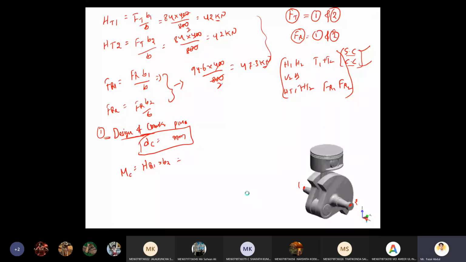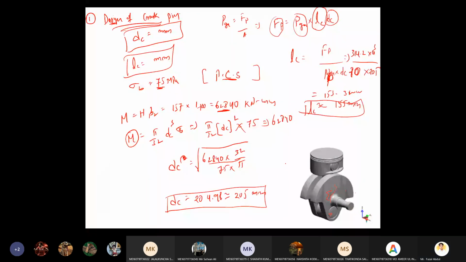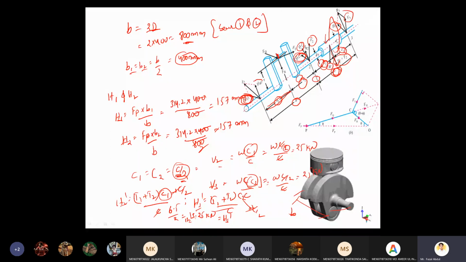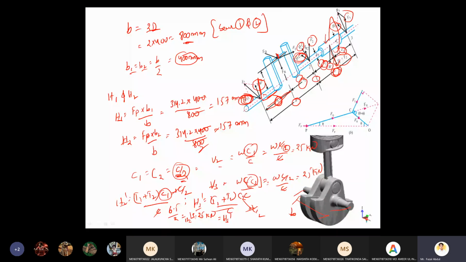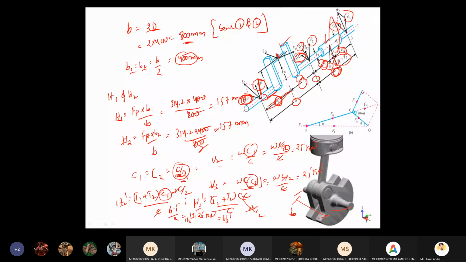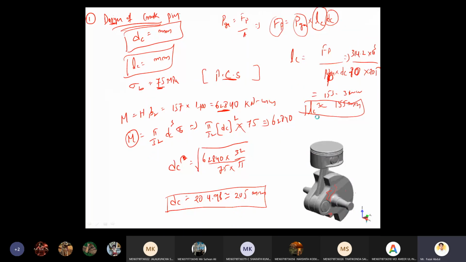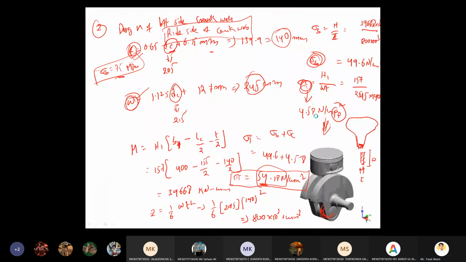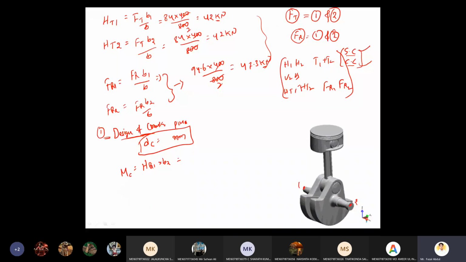Remembering this line diagram is very important, Babu. HR1, see here, the bending moment, vertical for HR1 into B2, is force into perpendicular distance. At any cost, you have to remember this line diagram of the side crankshaft and center crankshaft, because the question mentions particularly the center crankshaft. That's the reason I took this diagram. So HR1 into B2. So what is HR1?